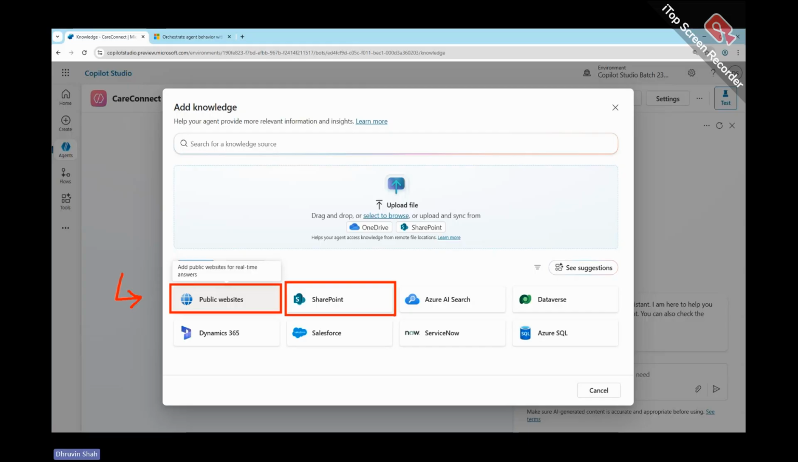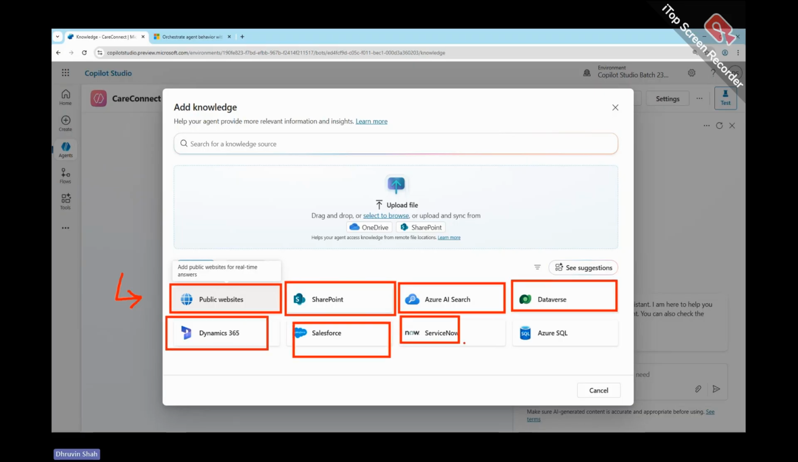So let's say, for example, in SharePoint you will have some sort of document library where you have a different set of documents. If you point your SharePoint library as a knowledge source, whenever you make any query, behind the scenes it uses that SharePoint knowledge to answer the question the user has asked. Okay, so SharePoint is available. Apart from that, Azure AI Search, Dataverse, Dynamics 365, Salesforce, ServiceNow, Azure SQL,